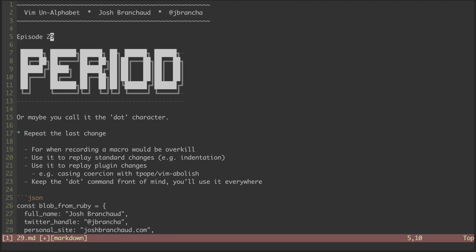In this episode, we'll be looking at the period character, or maybe you call it the dot character. First off, and really the headline use of the period character, is for something called the dot command. When you hit period in normal mode, it is going to repeat the last single change you made. Whether that's a deleted line, a formatted visual selection, or a series of keystrokes in insert mode, the dot character